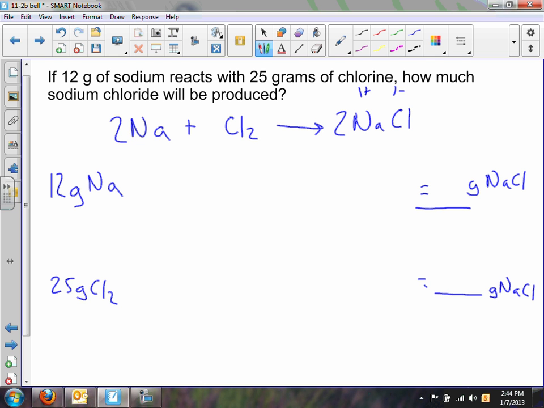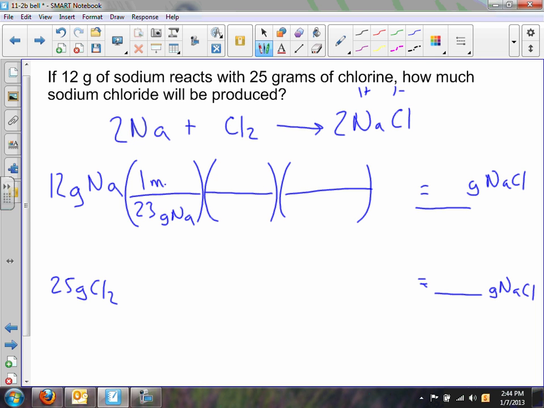So it's twice as much work if you have to just find the limiting reagent, but in this case I need to find the product as well, so it would have been about the same amount of time. So these are 2 mass-to-mass problems. First step is to change my sodium, which is 23 grams of Na for every 1 mole of Na. Second step is the mole ratio, and moles of Na on the bottom, I'm turning that into moles of NaCl,